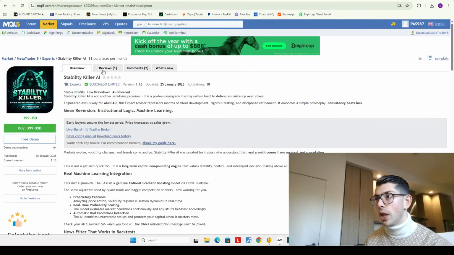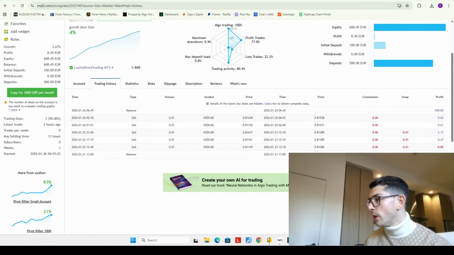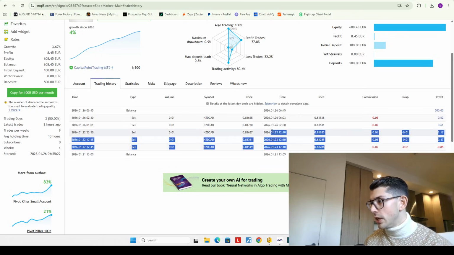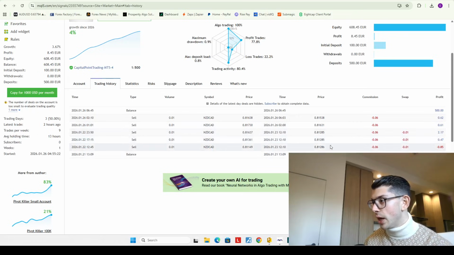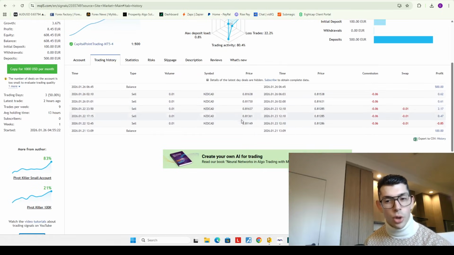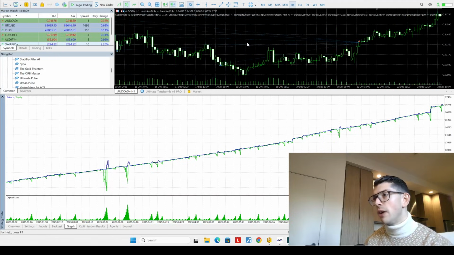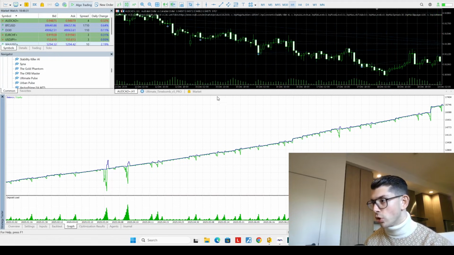And if we look at the live signal, which he's running on IC Trading, once again, looking pretty good. If we look at the times here too, they are closing at the same time, but it looks like on this particular signal where he's running NZDCAD, he's not scaling the lot size. So it could be that you have the option of doing a grid with lot size scaling or not, and that's up to the user. So I ran a backtest here in MT5, and it is very much a mean aversion grid.